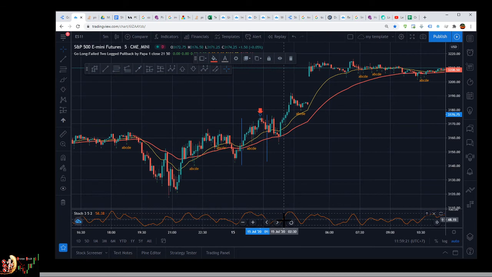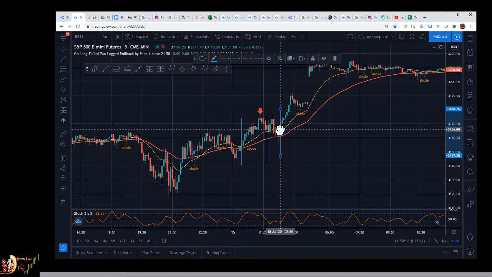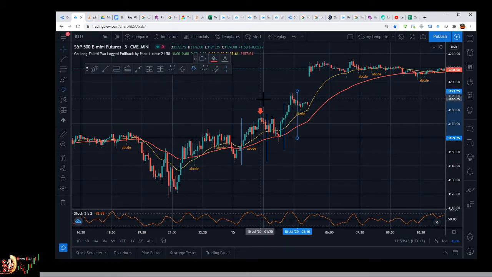Then it moves below and crosses back above. So over here the stochastic crosses back above the 50, and here it crosses back on the downside. So what is the highest point between here and here? It is this. So this will be impulse 1, this will be impulse 2. So I'm thinking about this. I'm not sure if anyone else has a better idea, but mathematically I think it makes sense.